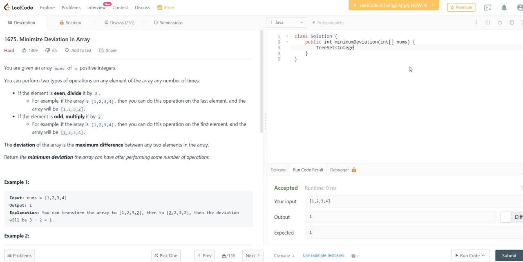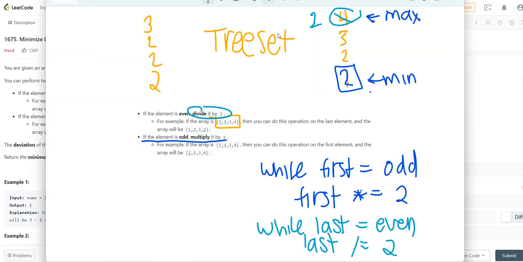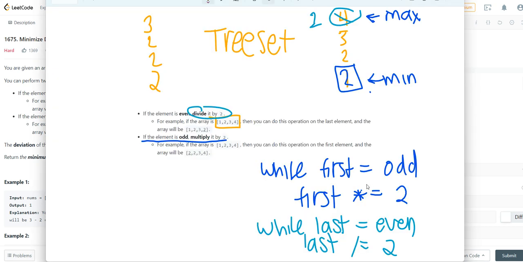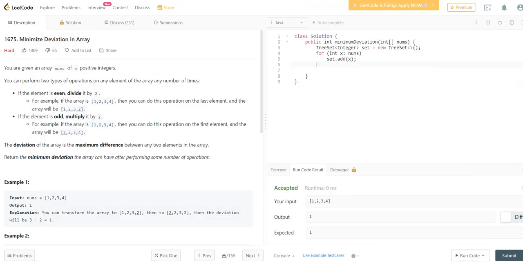First, we're just going to create a simple tree set, and nothing really complicated there. We want to add all the numbers to the tree set, so we're just going to say for each integer in nums, we're going to add it to the tree set. And then we're going to go ahead and begin those while loops. We're first going to do this one, while first is equal to an odd number. So in more Java technical terms, we're going to say while